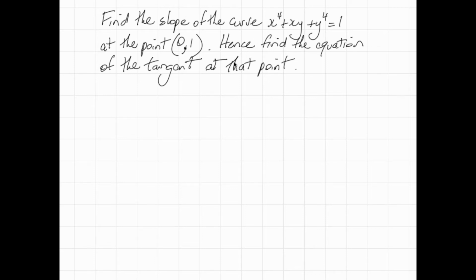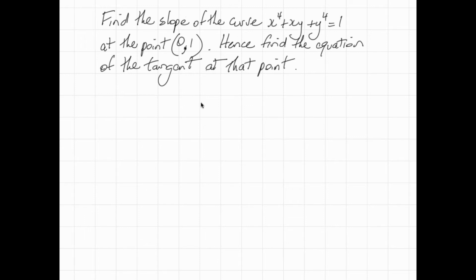So we'll get a rule for dy/dx, an equation involving y, and then we can substitute in our x and y values to find the gradient. Then we're asked to find the equation of the tangent. Given that we've got one point and the gradient, we'll be able to find the tangent. So let's go through our template